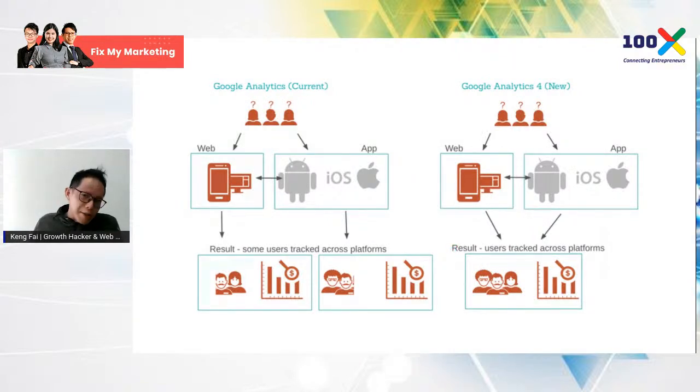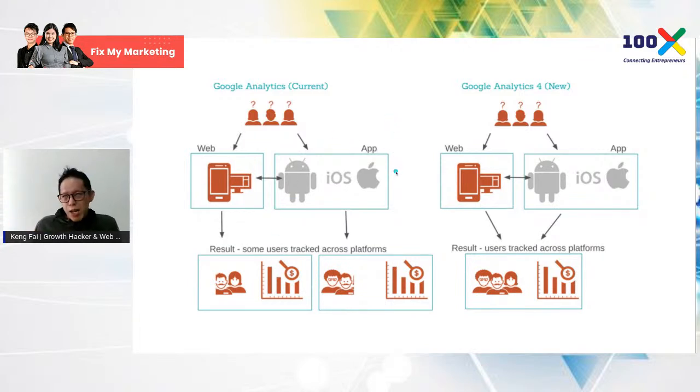And how about Google Analytics then? Like all these web analytics that you're using right now. In the legacy method, the current method, which is called Universal Analytics, they will not know who the users are, or where from, or from iOS. Basically, as I told you earlier, they identify by 2%. So some users will go to different platforms, probably the website, probably your app, probably the browser, and they will not know this is the same person. So that is the current method.